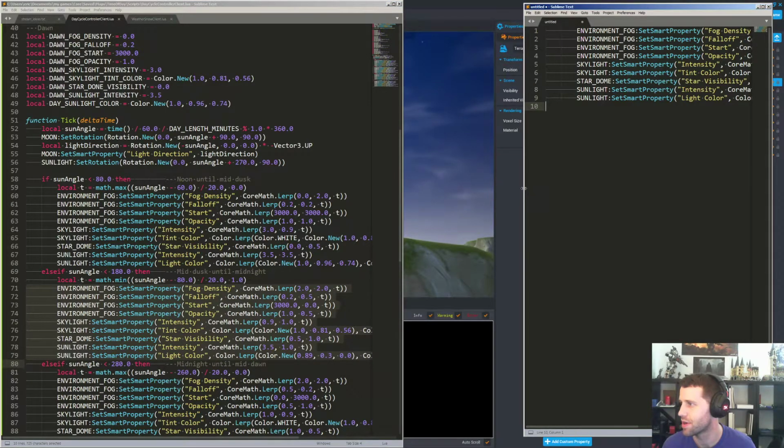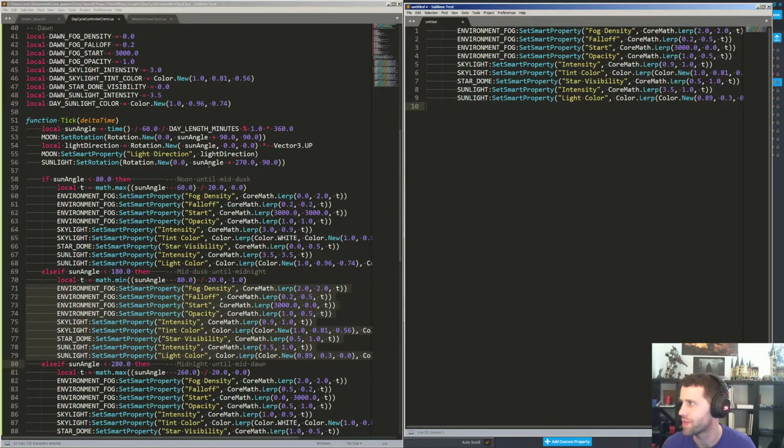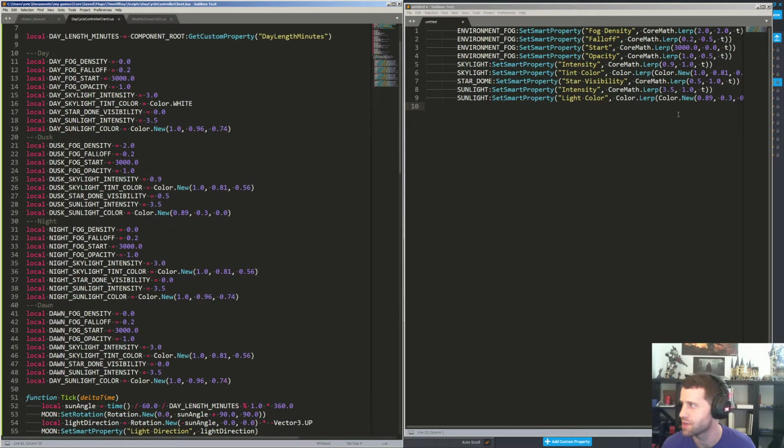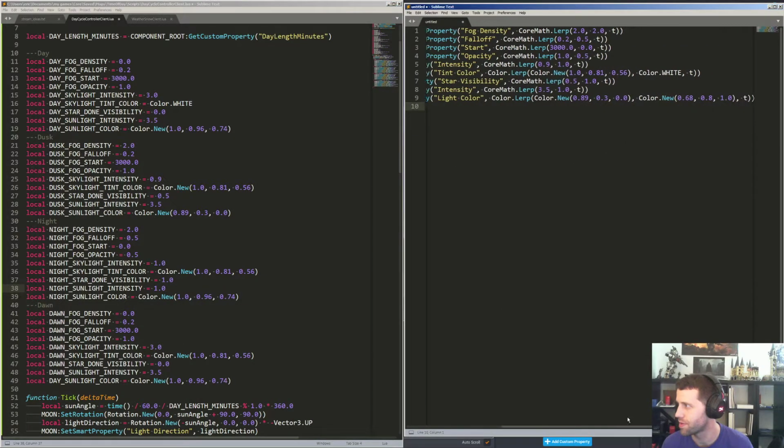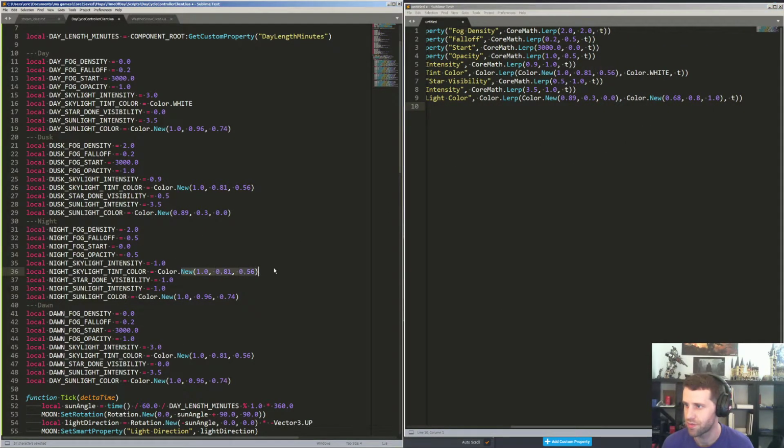I missed. Okay, so night is the second value here. 2.0 for fog density, 0.5, 0. Different fog at night. 0.5. Skylight intensity 1.0. 1.0, stars are visible, 1.0, and we've got to find the colors over here. White, again,